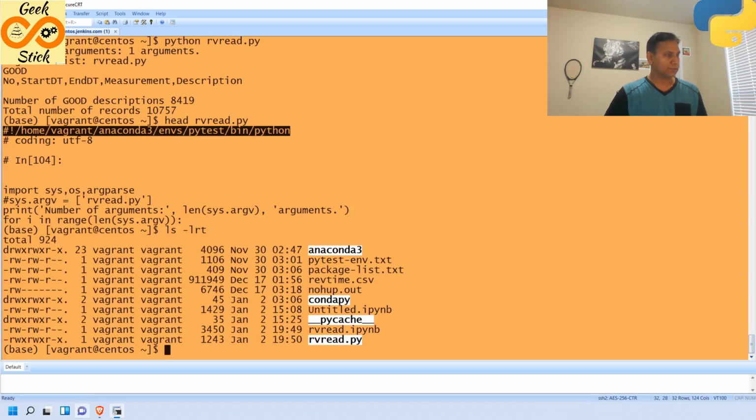Fine. Next, we will make it self-executable, because Python is already set in the shebang, right? Now, without giving python, will it work? I'm trying it like this, as an executable.